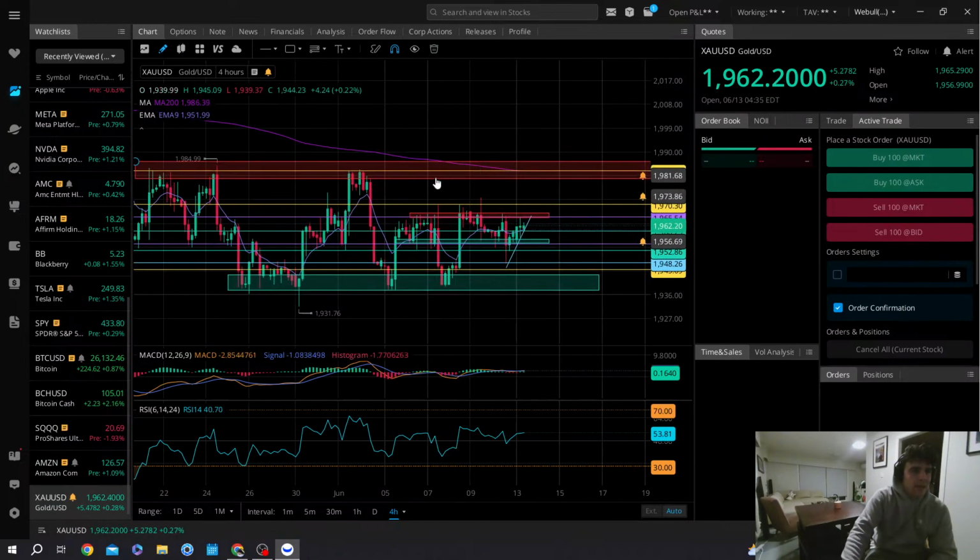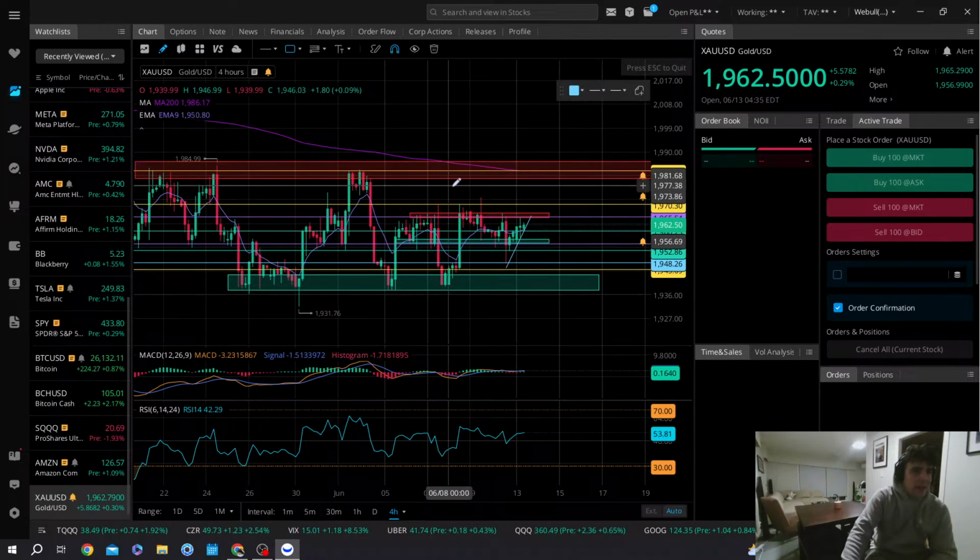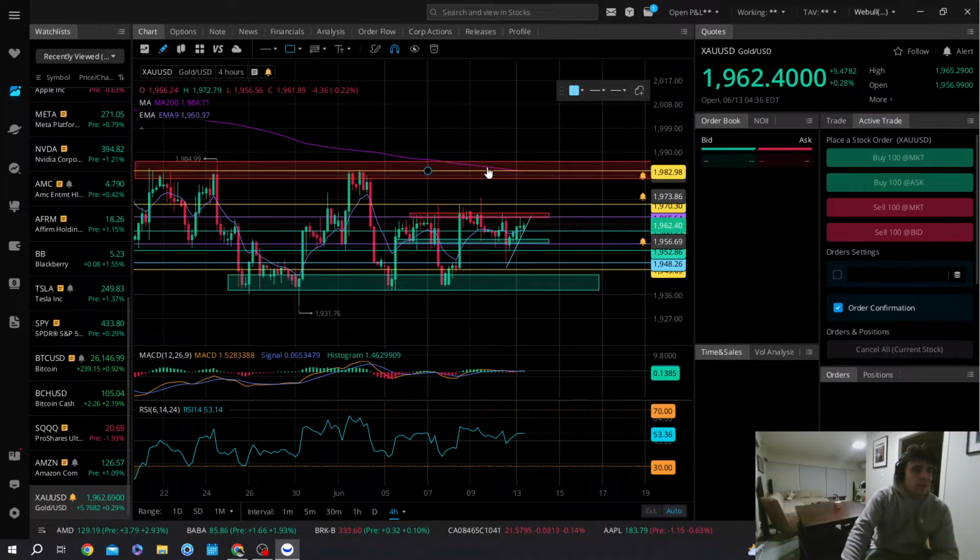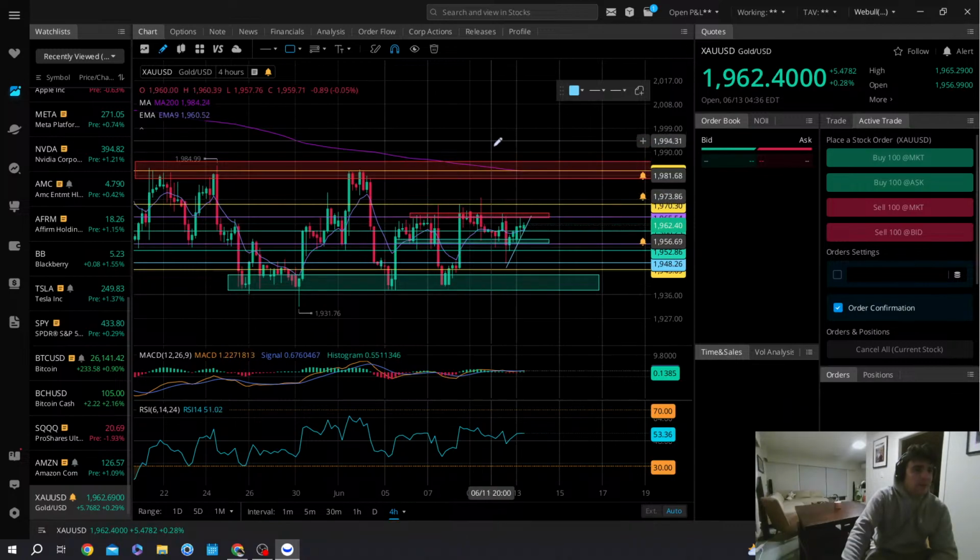If we enter this red box, red rectangle again, and we see price break trend, like say it was on an uptrend all the way up to this red box, and we see it break, it's a high chance that it's going to come back down to at least this yellow line, this yellow support. So yeah, or the other way,